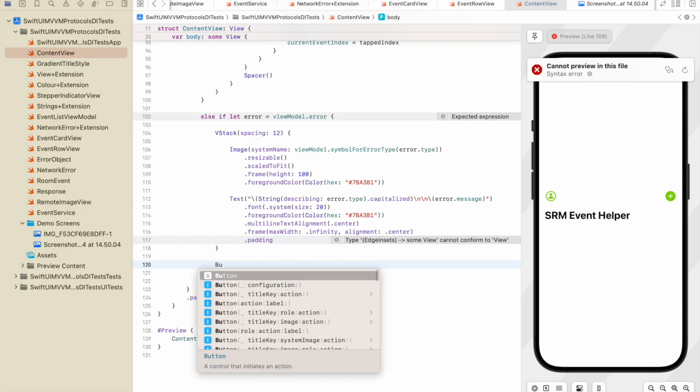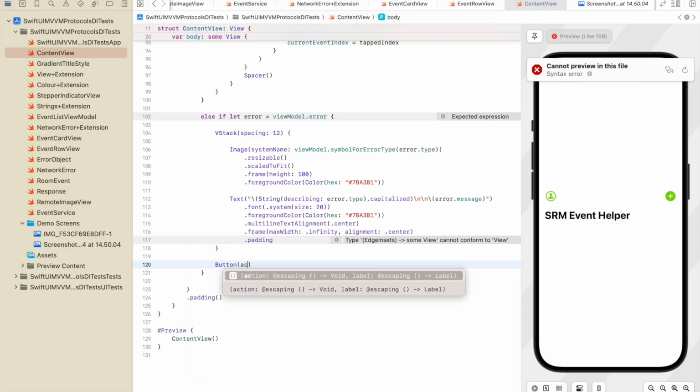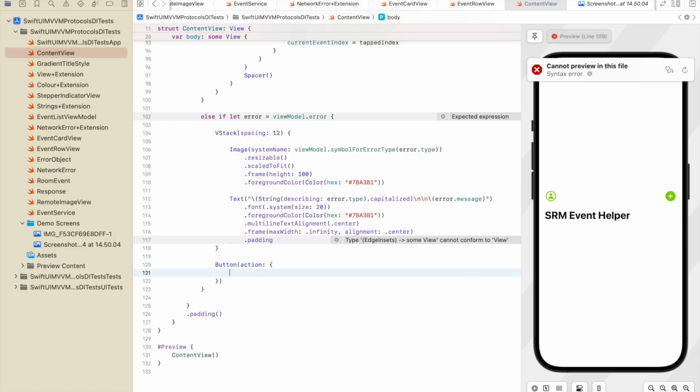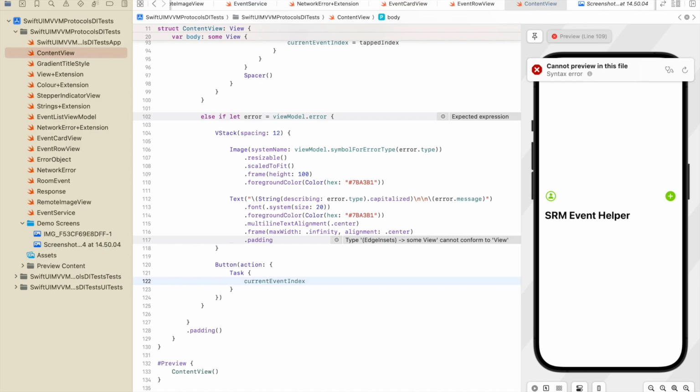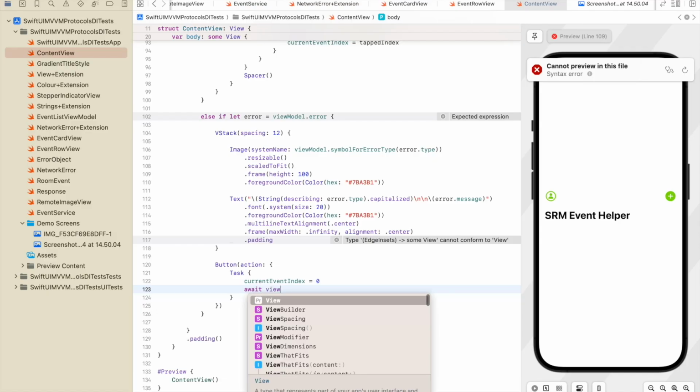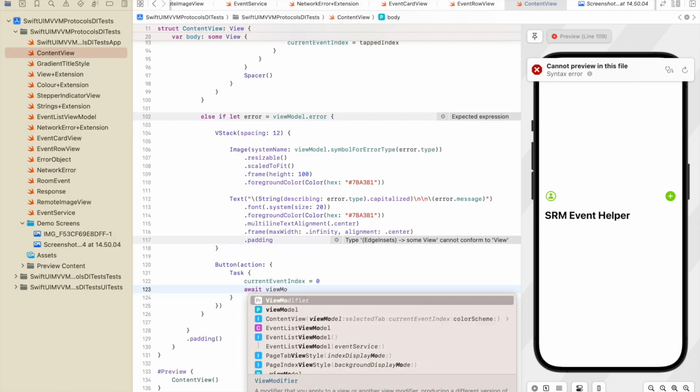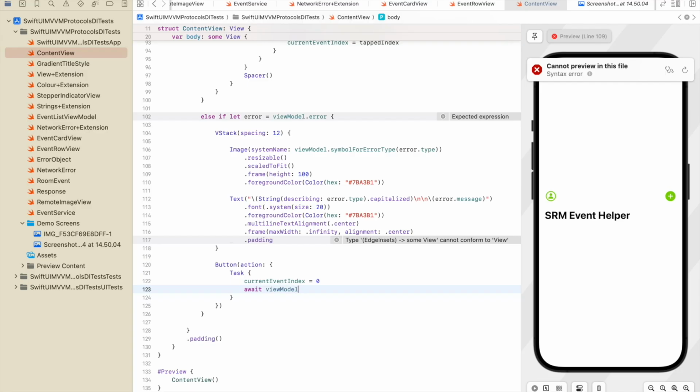So we need to create a button. Button has an action. Need a task. Current event index is equal to 0. Await view model dot load events,